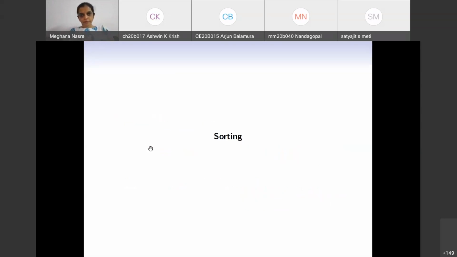Okay, so now we need to look at how to sort this array to make sure that our pre-processing is done for binary search. And as I said, somebody had asked this question in the previous class: if you already have to do sorting, why is binary search more efficient, since you'll spend more time in sorting.